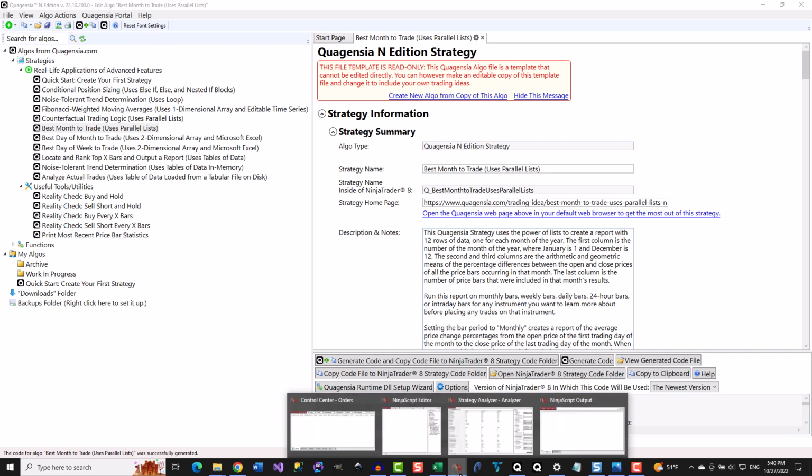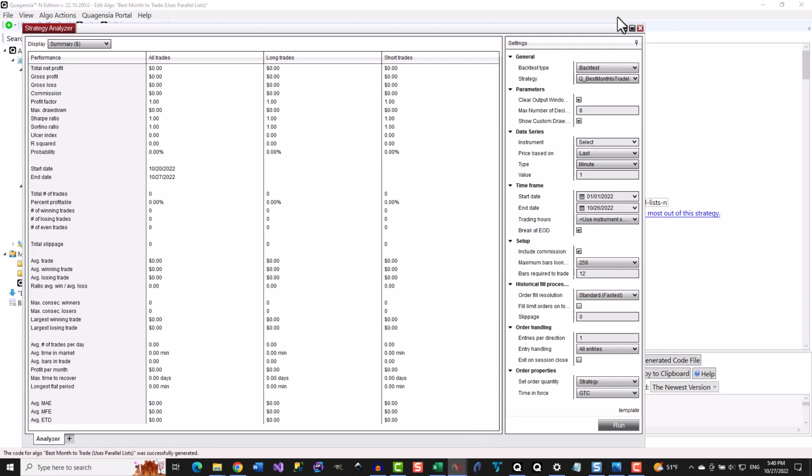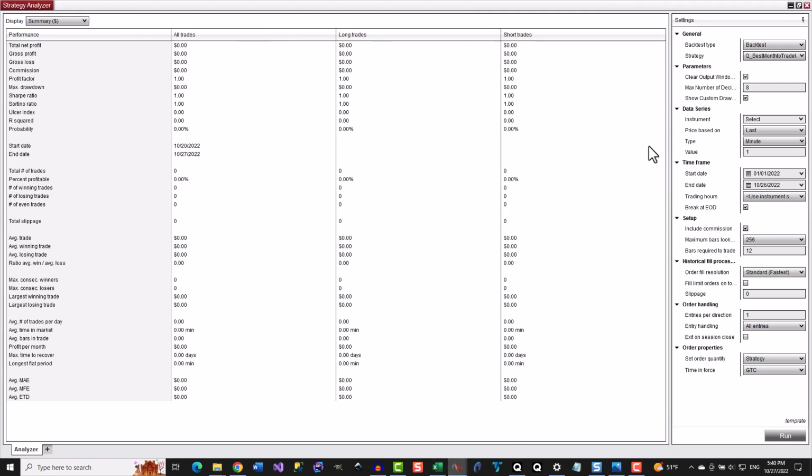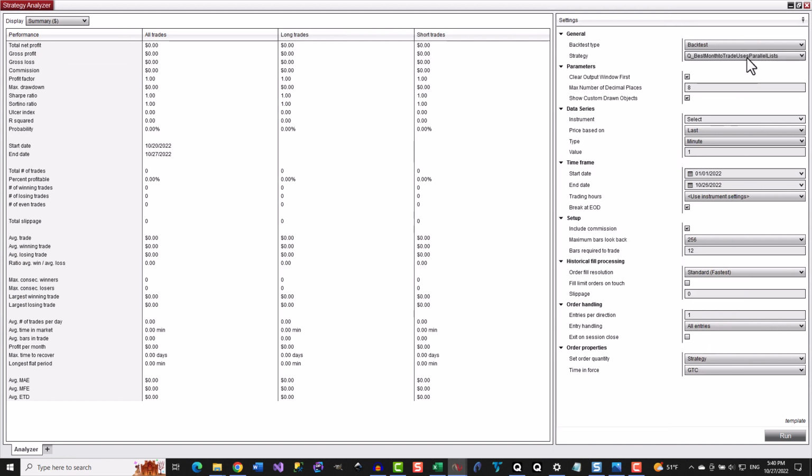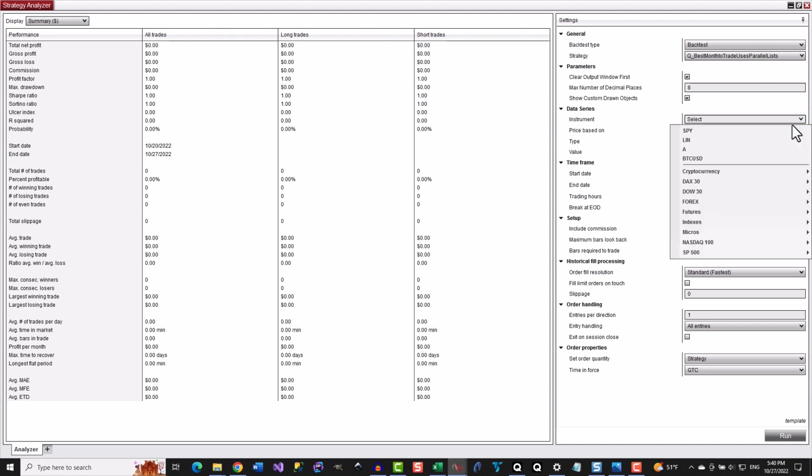Now let's generate the report by backtesting the strategy from within the NinjaTrader 8 Strategy Analyzer. Choose the strategy we just created from the drop-down list. Then choose to generate the report for either a single instrument or multiple instruments at once, such as every stock in the S&P 500, Dow 30, or NASDAQ indices, multiple popular futures,